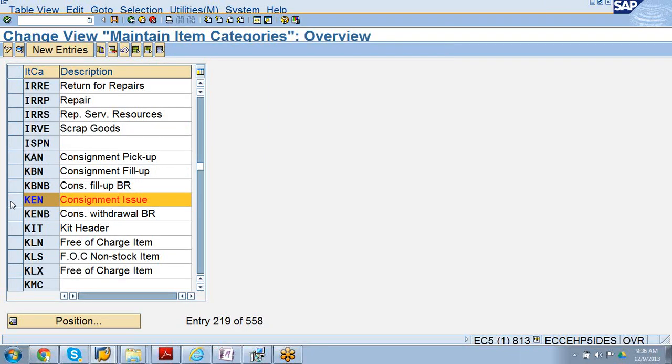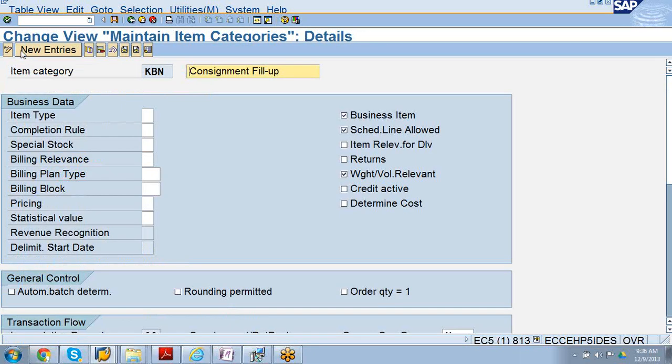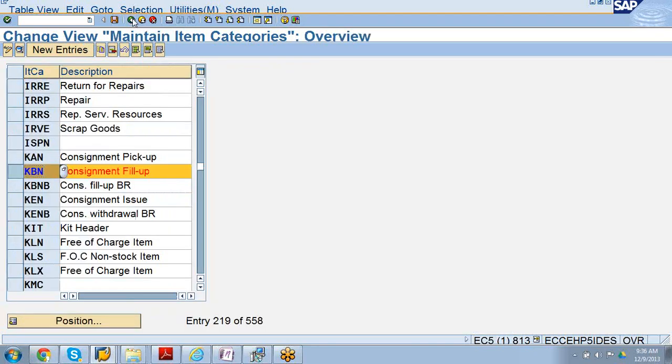In the case of issue, you'll find it. In the IDs, they follow this. In fill up, you don't need it, because fill up is coming from the vendor location. So that's the reason you don't need to maintain that stock with you. Got the point? Fill up does not have billing also.